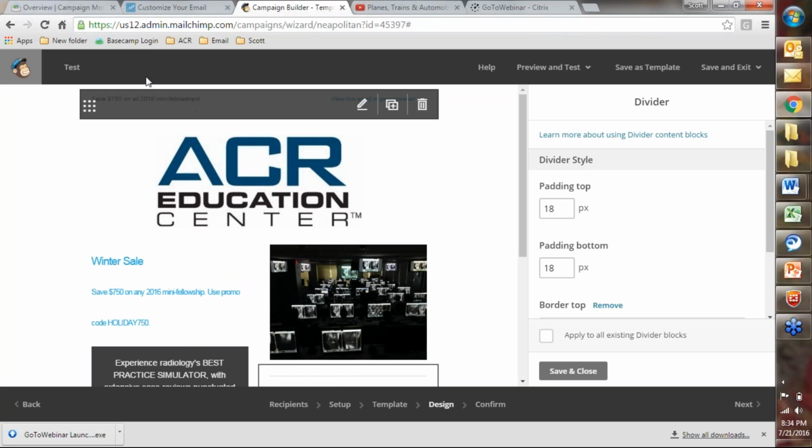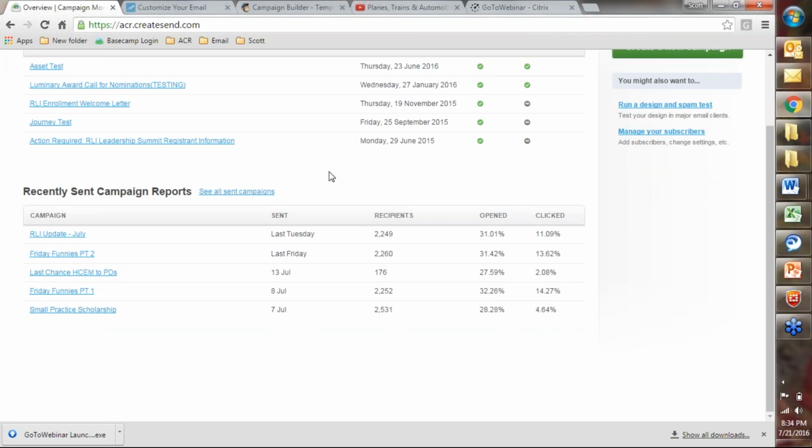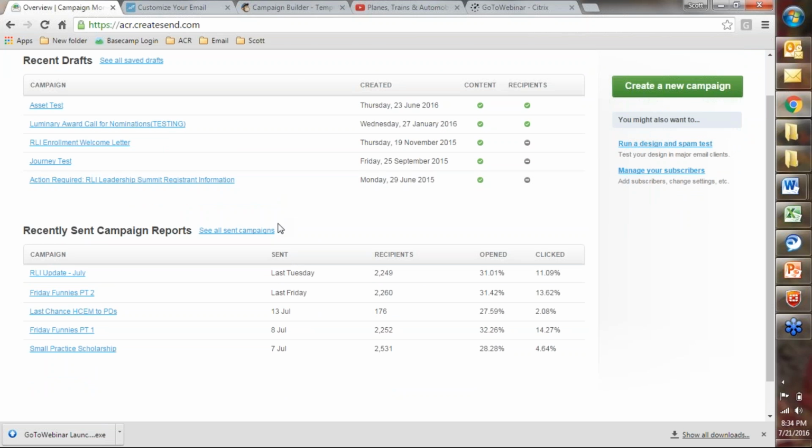So that's a good feature to have. And then lastly here, this is Campaign Monitor. As you can see, again, I use this a lot because I've sent out a number of different emails for RLI. Campaign Monitor, Constant Contact, and MailChimp, their analytics are all very similar, so I figured since I have the analytics here for RLI, I could just show you really simply.